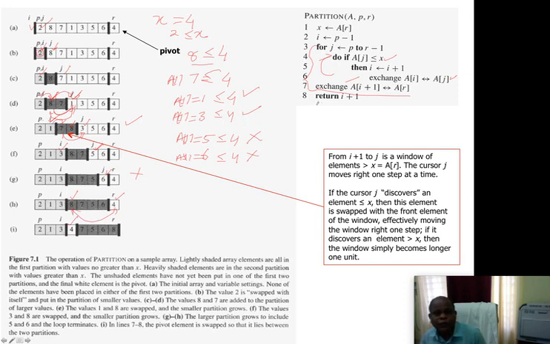Now return i plus 1. Return i plus 1. That means q will be your i plus 1. That means this will be q, because you know we have called q is equal to partition